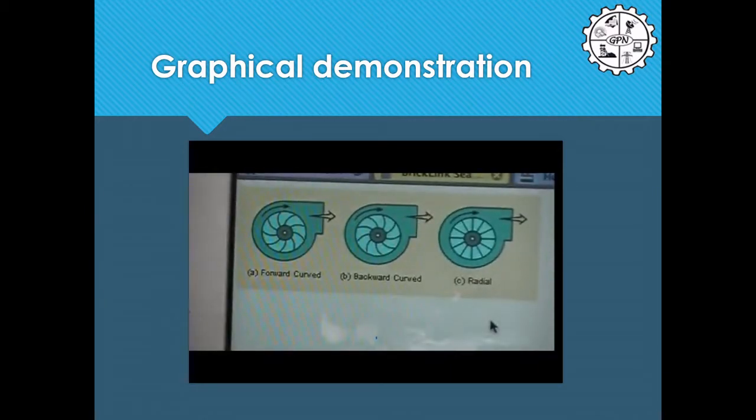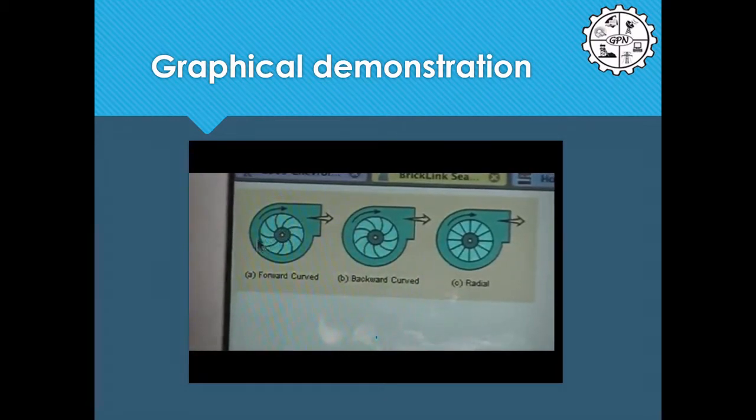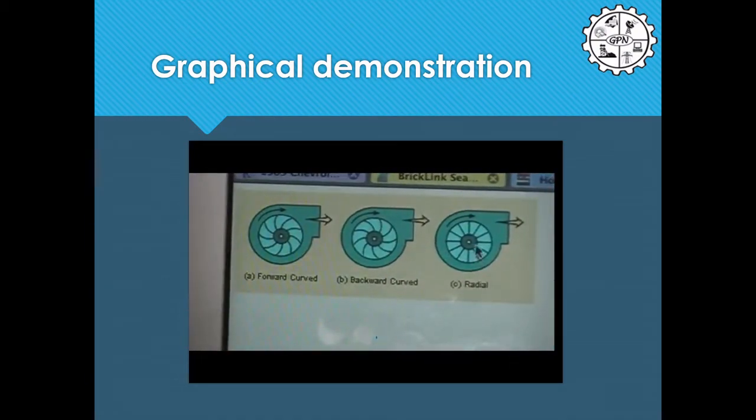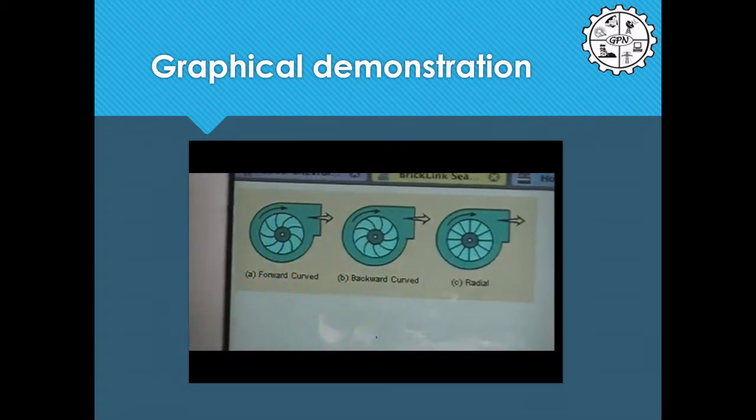There's 3 different types of fan blades on the fan wheel. There's the forward curved, which is used for relatively low pressure, high volume applications. For like hot air dispersion. Backward curved type of fan blades are for higher pressure and lower volume, such as turbochargers and compressors. And the radial is basic and gives you kind of a balance of both.